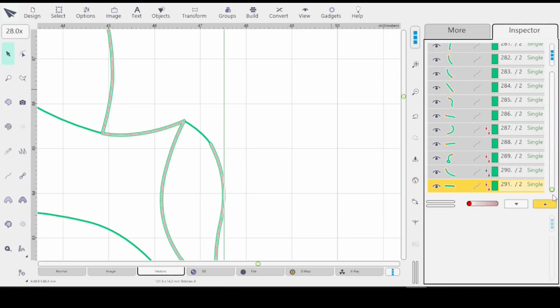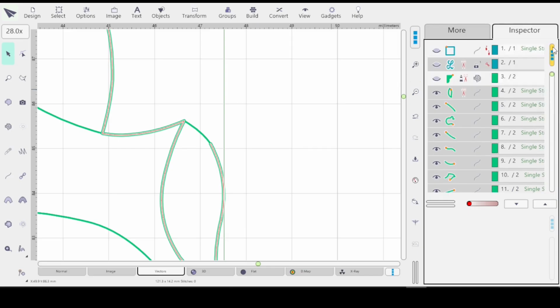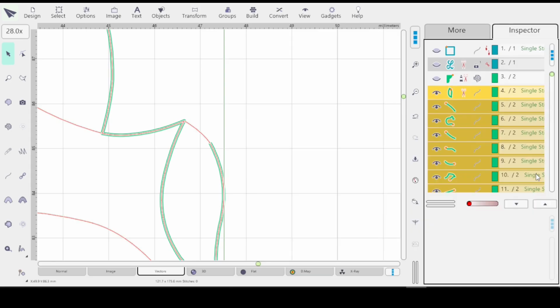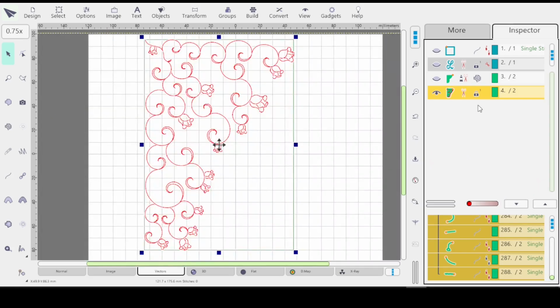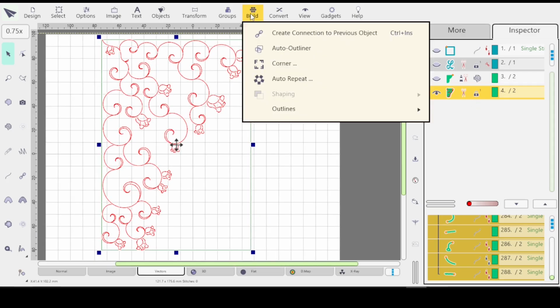So let's go ahead and scroll up. That bottom one is selected, so hold Shift, grab this, and group it. Group 1. Okay, I'll hit Control-1 so I could zoom out to see it. And now I'll hit Control-S just to make sure, and we'll do an auto repeat on this object. So I'll go to Build, Auto Repeat,